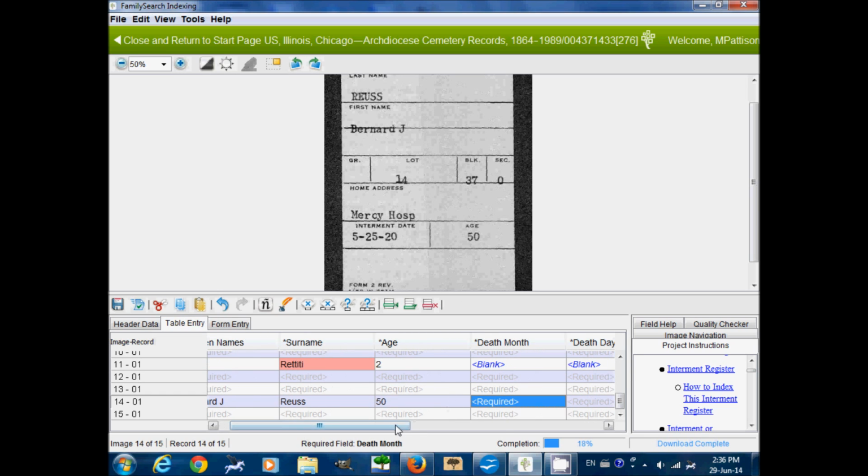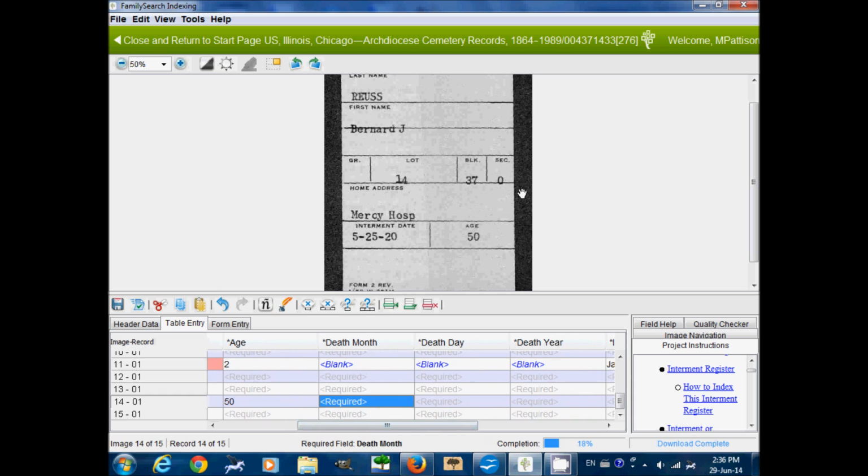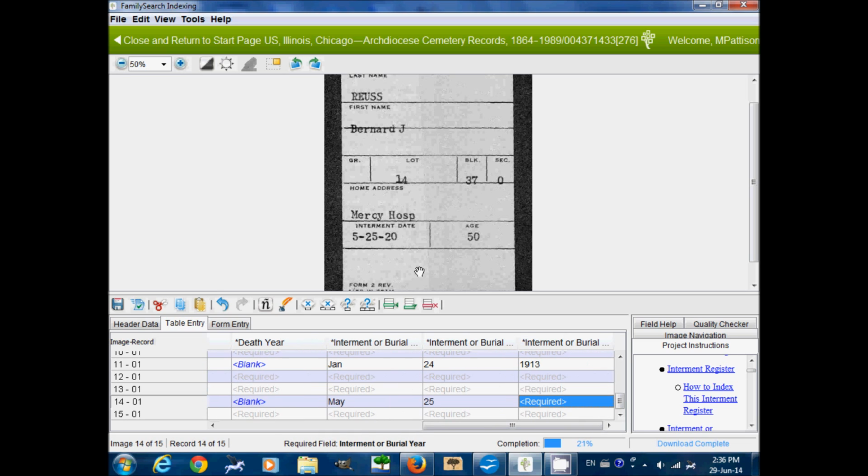Okay, now for this project we are entering both the death date and the interment or burial date, and not all of the documents have both dates on them. So on this particular card there's only the interment date, so I'm going to blank the death date, and then just enter the interment date. We have May 25th. Okay, now for the year,